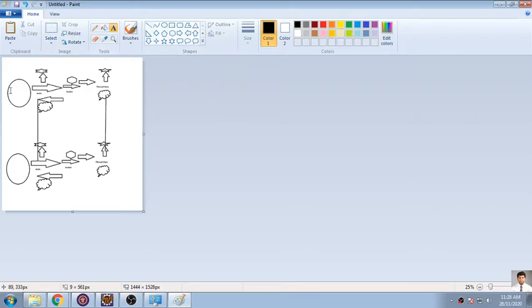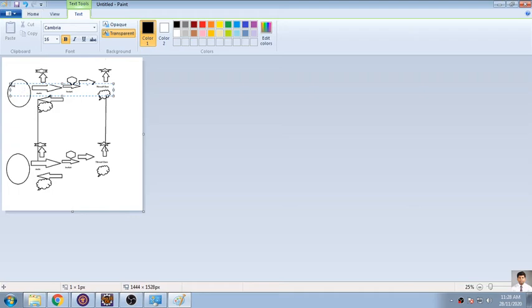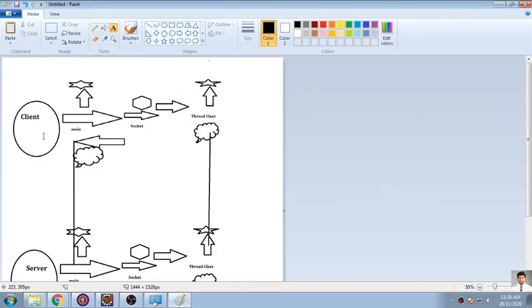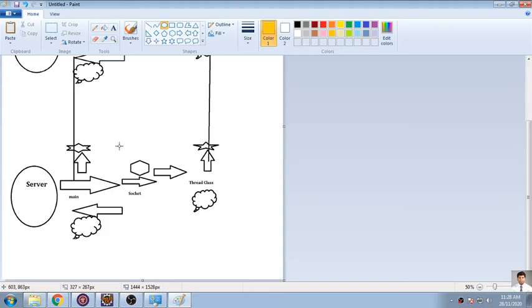So this will happen because this we call a client, and we'll call this the server. So basically the client will be connected, and your main program will be calling a constructor. This is nothing but what we call the constructor. So here the program has a constructor, and again in the same way here it has a constructor.